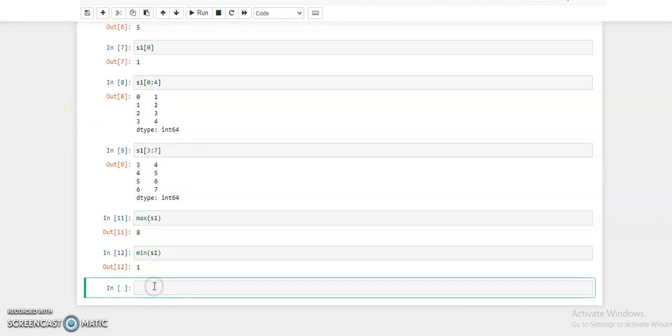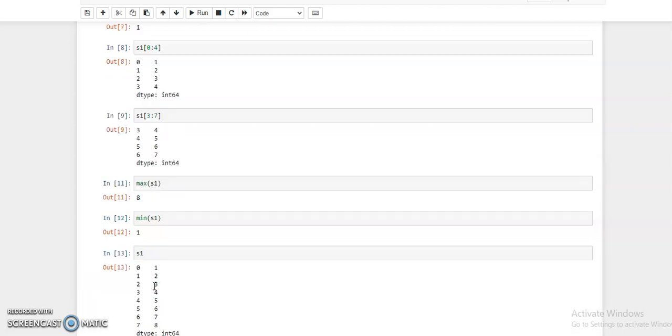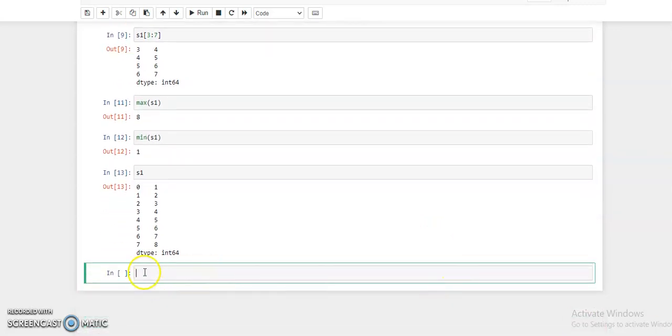Now, if you want to add two series, for this we use the simple addition operator. First, we call our S1 series here. This is my S1 series, and we need to create another series. Suppose the name is S2.